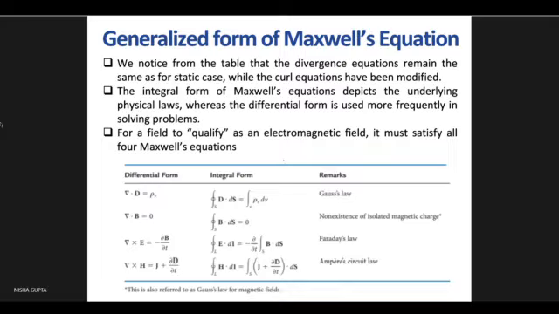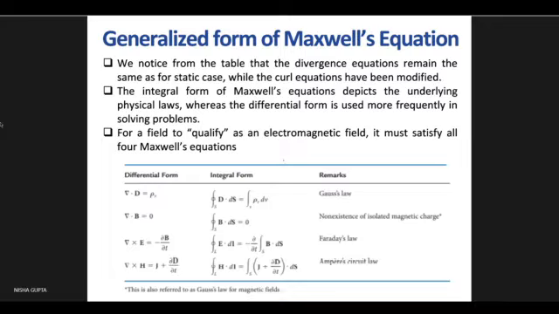And the differential form is mostly used in solving problems, but here it mostly depicts the underlying physical laws. So depending on the set of problems, one can pick either the differential form or the integral form of Maxwell's equations. Now the first equation is Gauss's law. The second equation is again Gauss's law for the